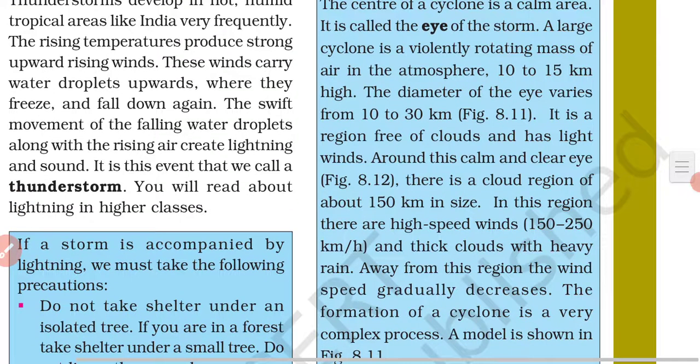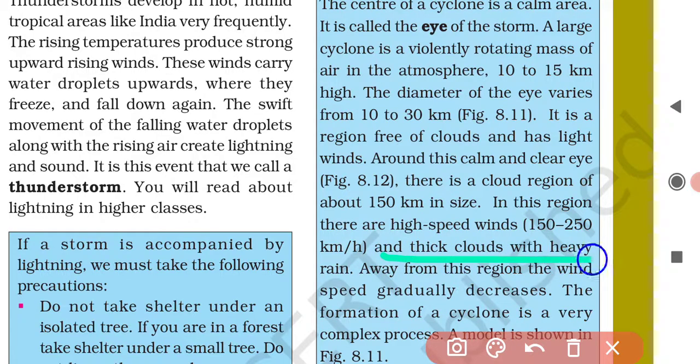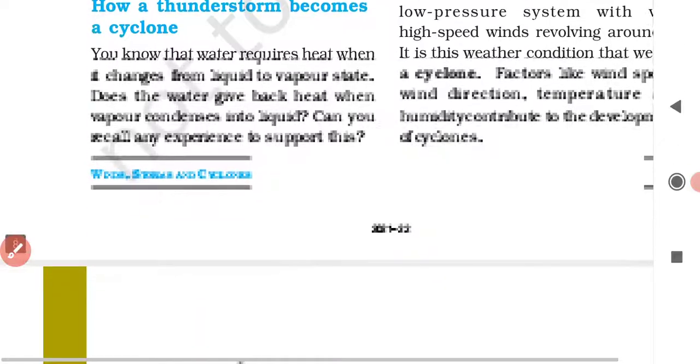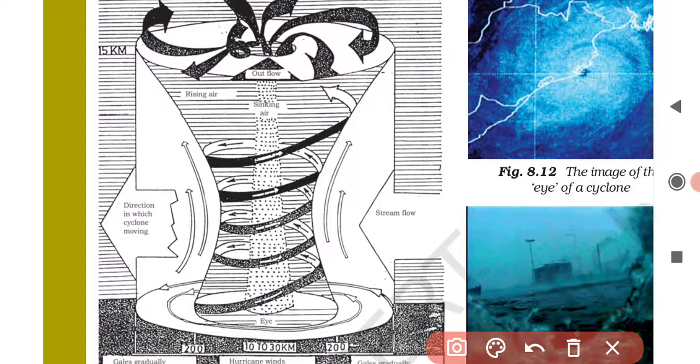Around this calm and clear eye, there is a cloud region of about 150 km in size. In this region, there are high-speed winds, from about 150 km per hour to 250 km per hour. From these thick clouds, heavy rain falls. Understood? That means around the center of the cyclone, around the eye of the cyclone, there